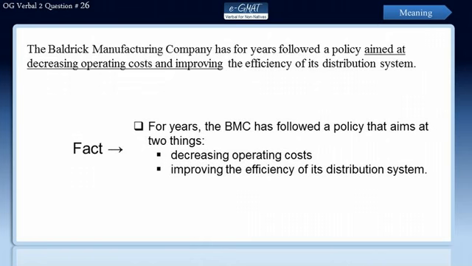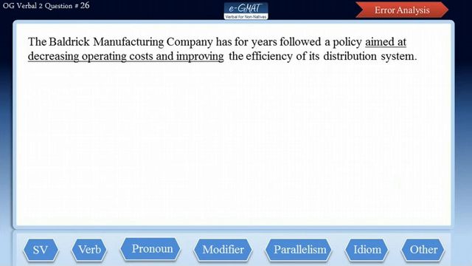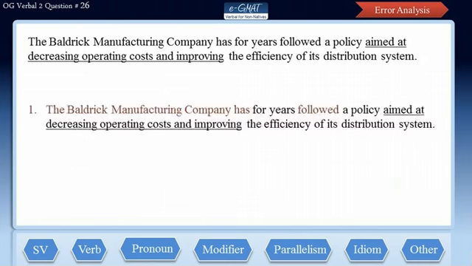Now let us evaluate the errors by splitting this sentence into clauses. Well, this sentence has just one subject-verb pair, which means that we have just one clause here. Here the Baldrick Manufacturing Company is the subject and has followed is the verb. Now there are no subject-verb pairs, no verbs, no pronouns in the underlined portion of the sentence, so no question of these errors. The verb-ed modifier aimed at clearly modifies the noun a policy,